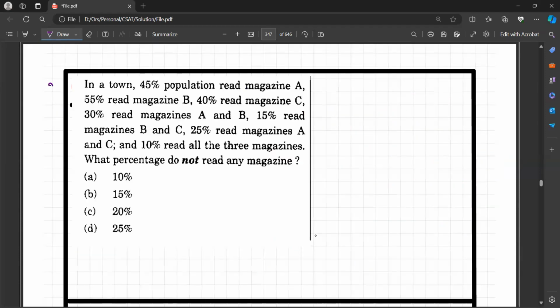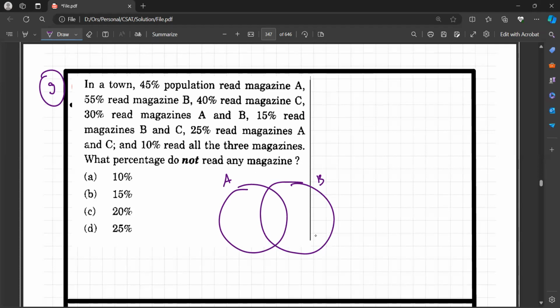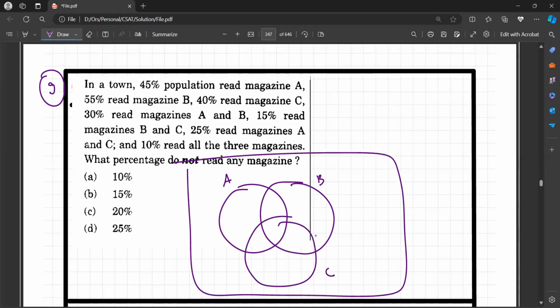Coming to question number 9. In a town, 45% of the population read magazine A, magazine B, magazine C. This is the total population. 45% of the population read magazine A, 55% read magazine B. I'm not plotting this data because I can start only where I know the position data. 55% read B, 40% read C, 30% read magazine A and B, 15% read magazine B and C, 25% read